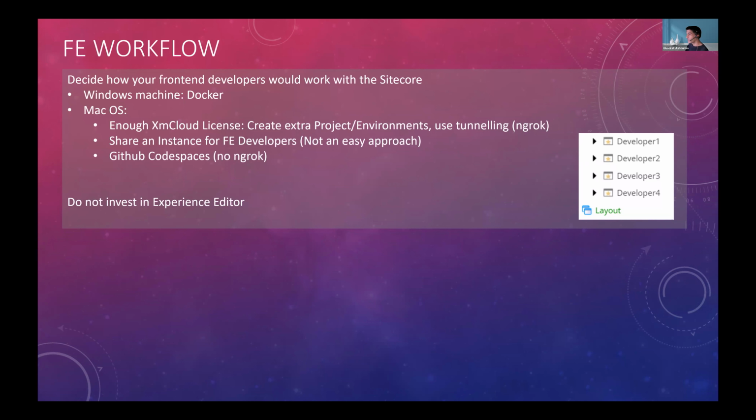Yeah, my last point here is do not invest any time in the Experience Editor. The official editor for xmCloud is Sitecore Pages, and just work with that. Don't invest any time to optimize any stylings or anything for the Experience Editor.